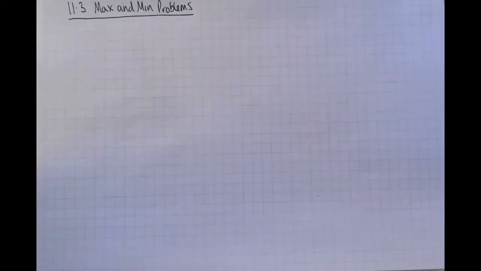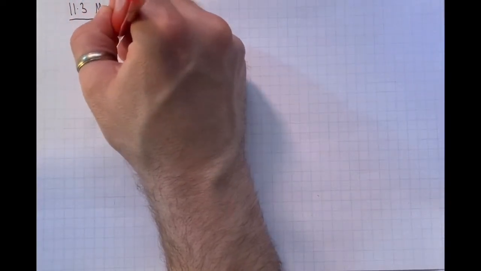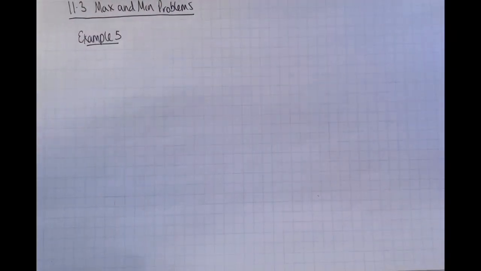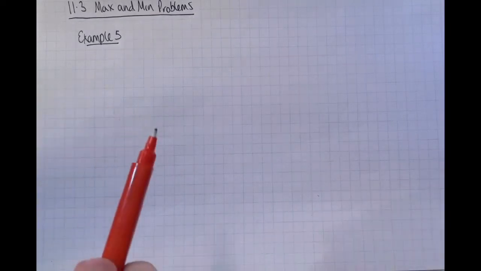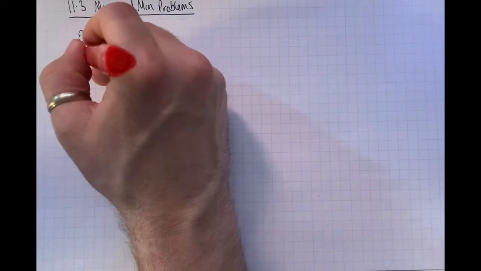The third part of this chapter deals with maximum and minimum problems. In example 5, a child is playing with a yo-yo. The yo-yo leaves the child's hand when t equals 0, travels vertically in a straight line, but will return to the child's hand. So it's going to go down and up again. The distance s of the yo-yo from the hand is given by